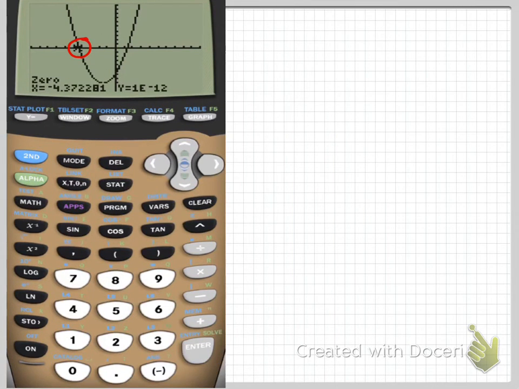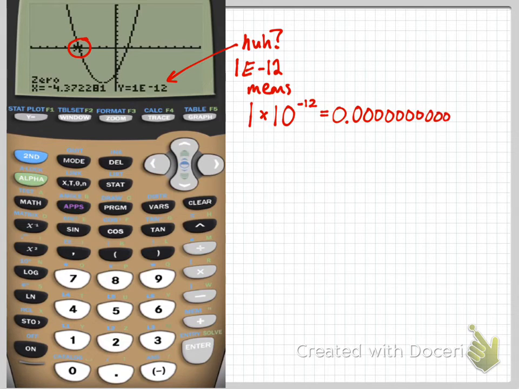And you'll notice that our 0 it's labeling, it has it marked right on top of the 0, which is excellent. And it also has some funny numbers. First of all, any 0 should have y equals 0, but ours doesn't seem to. See that? 1e negative 12? What does that even mean? Well, if you learned about scientific notation in either your math class or your science class, you know that e on the calculator means 1 times 10 to the negative 12th. And that is the same as